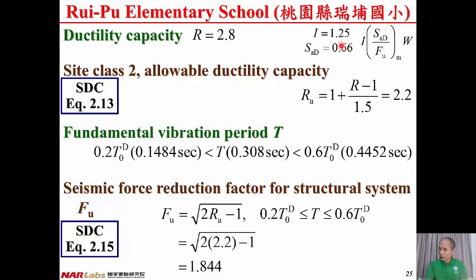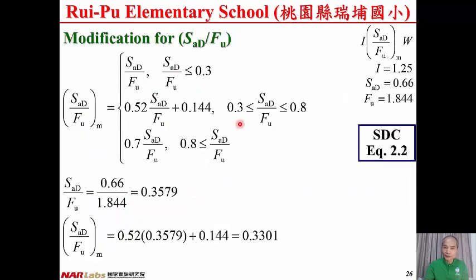So far we have I equal to 1.25, SAD equal to 0.66, and Fu equal to 1.844. And then we divide SAD by Fu equal to 0.3579, and it is larger than 0.3 and less than 0.8. Then according to equation 2.2 of the seismic design code, SAD divided by Fu modification equal to 0.52 SAD divided by Fu,